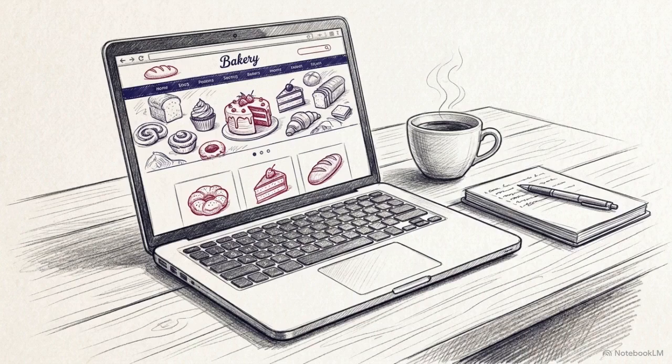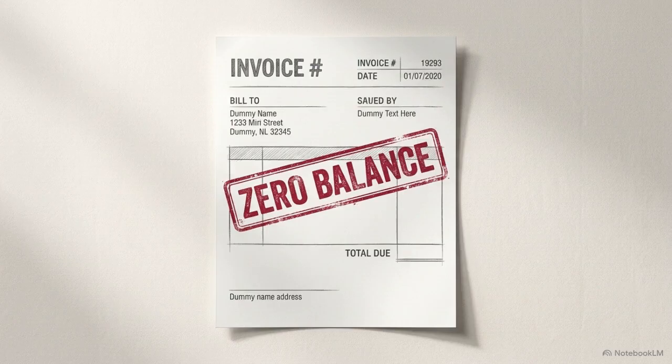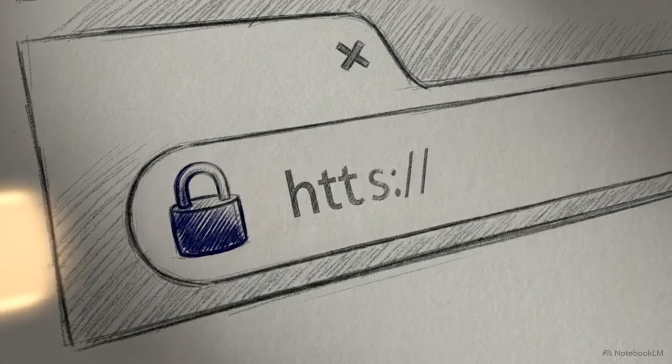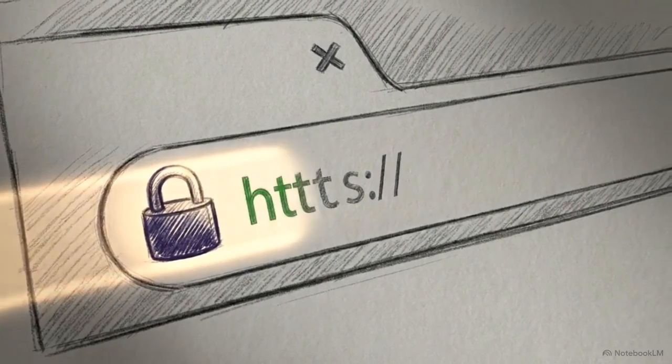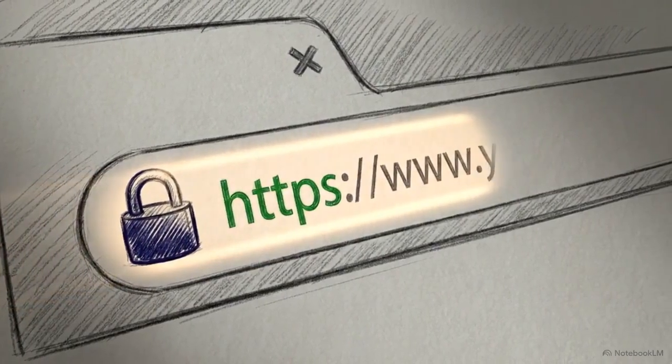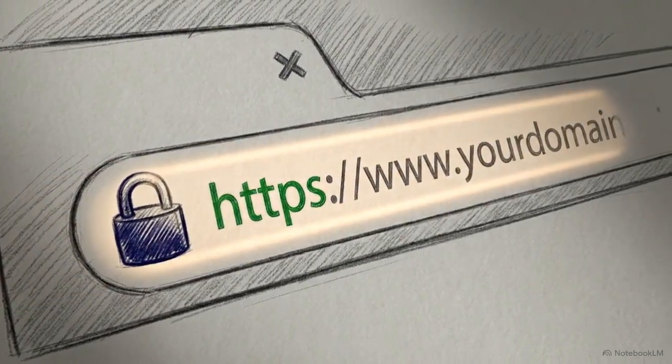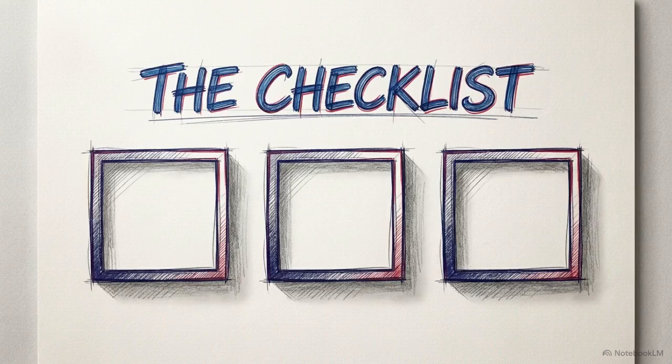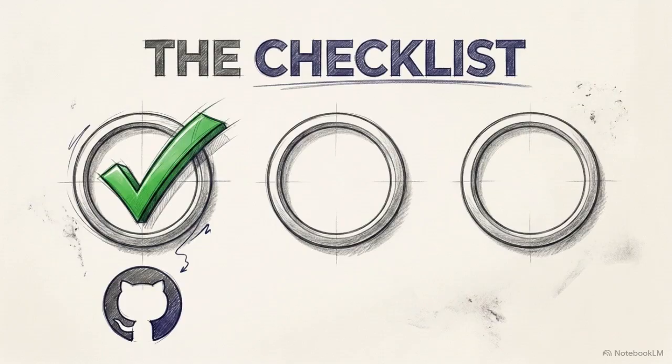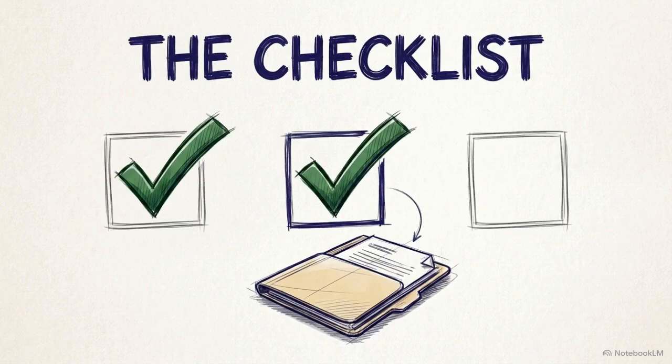You can launch a live, professionally branded website right now, and you never have to pay a monthly hosting bill. We'll take your project from a local file path on your hard drive and deploy it to a secure, custom domain that anyone can visit. To follow along, you just need 3 things: a free GitHub account, a folder of your files, and a registered